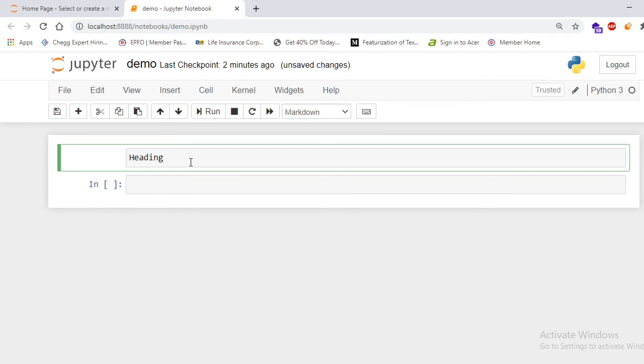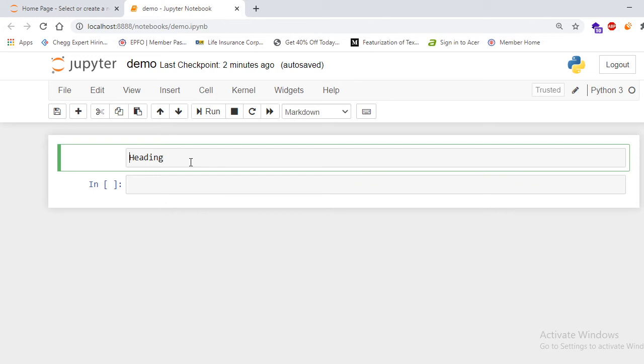When we are writing programs in this Jupyter notebook, you can write as many programs as you want, and in one box you can write one program. So it is better that we give a heading for that one, so that the user will understand what program we are writing. If you are giving this notebook to someone, the person who is reading should be able to understand which program has been written. So it is always advised to give a heading for the notebook, to give a heading for what we are doing.